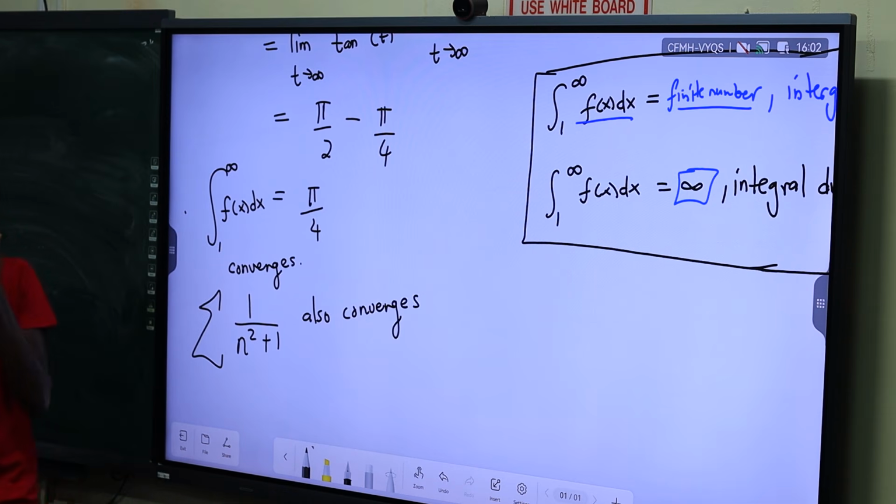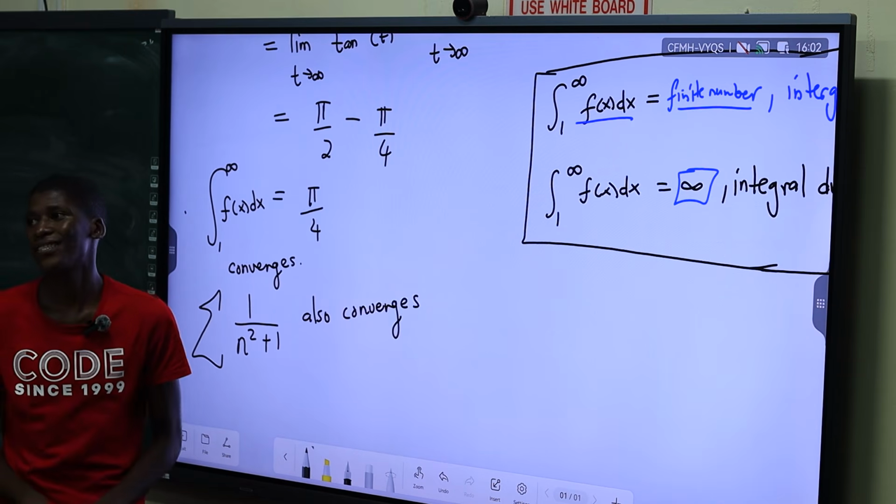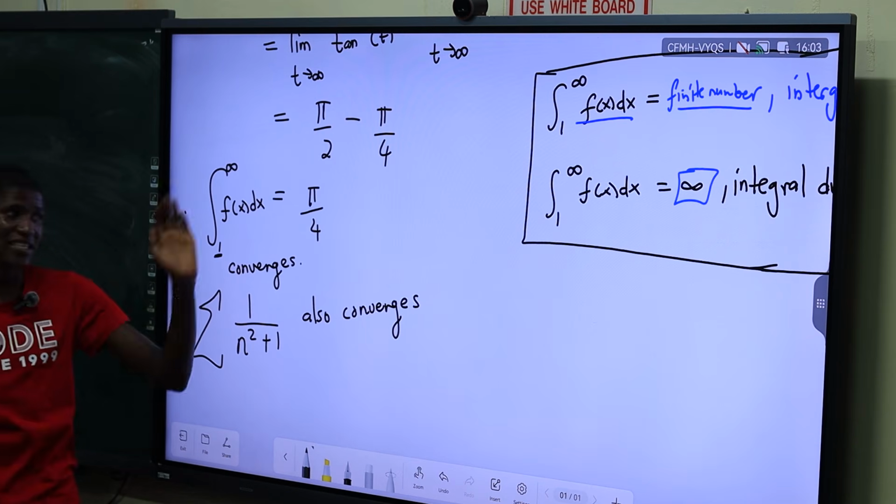So for the integral test, you convert your a_n into a function, because each general term can be expressed on an x and y Cartesian plane. You replace n with x, and then you find the integral from the minimum starting value. In this case, we started with term 1 until infinity. You evaluate the integral. If it is a finite number, it converges.